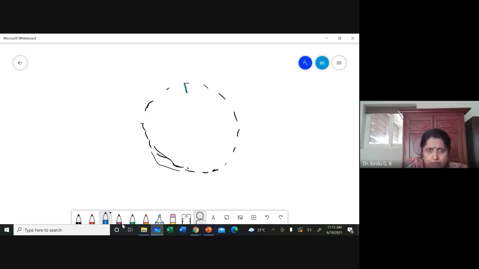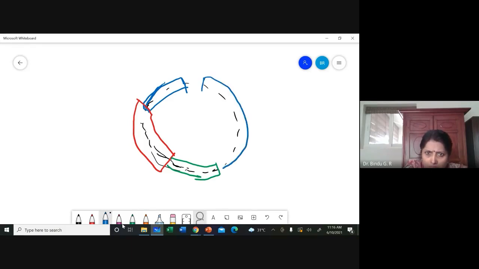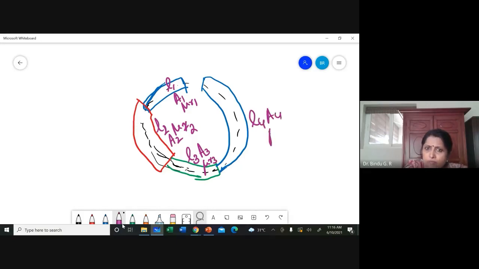See, if I have a series circuit like this, made up of different materials and different cross-sectional areas, in this case also I have L1, A1, mu R1, L2, A2, mu R2, L3, A3, mu R3, L4, A4, mu R4, and LG, AG, mu naught only. So this is a composite